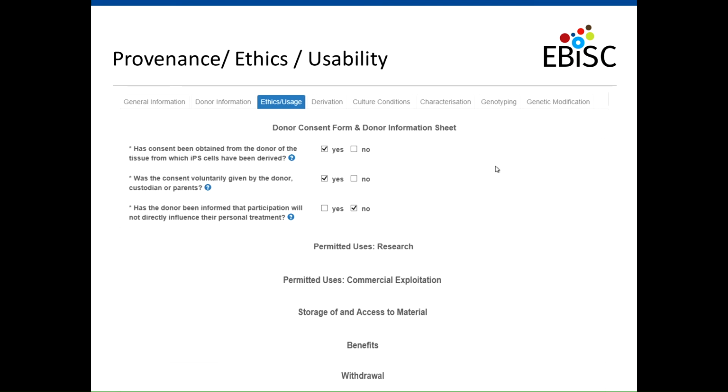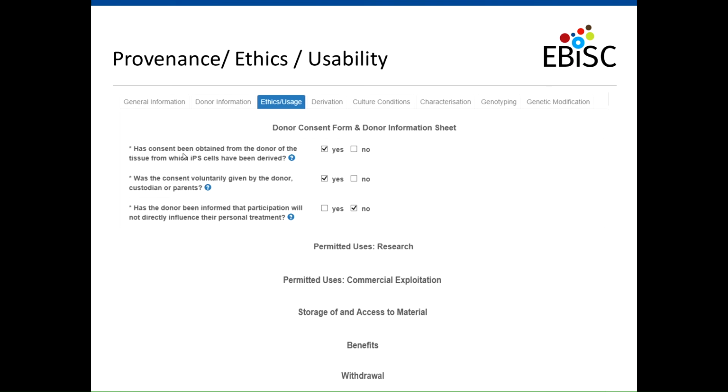I want to talk a little bit now about the ethics validation process and how we codify ethics to make that possible. And this is one thing where we try to introduce some kind of automation and comparability. If we get an ethics consent information sheet, which we require for each line, it's in Chinese, it can be in Spanish. German is okay for us, but other languages are difficult, and we cannot read everything. So we ask the users to fill out